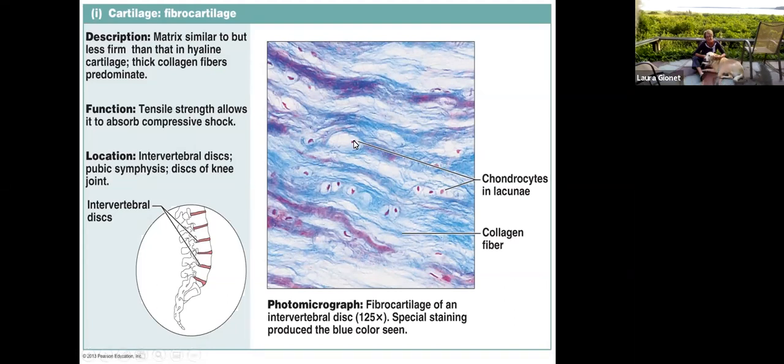And you can see that bright fuchsia dot there. That is a chondrocyte sitting in lacunae. Right? They're rather abundant in this particular example, this picture from the textbook. When you're looking in lab, you kind of have to navigate around a little bit. But clearly this appearance, if you can set up microscopes, if you're really doing this face-to-face,